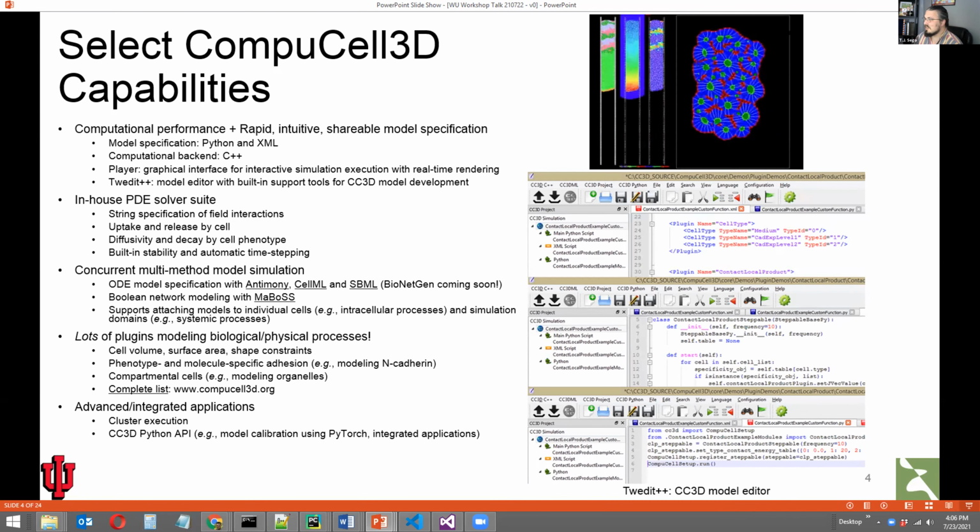There's also things like modeling adhesion on the order of pairs of cell types, or individual cell conditions, like cadherin expression. There's also model features to impose external forces, to break up cells into individual compartments and simulate them as a cluster, to get a sense of heterogeneity within cells. And that's just to name a few.